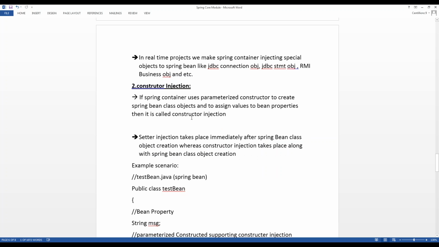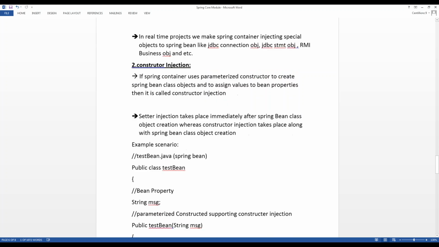Already I said in a single point, constructor injection is an injection which uses the parameterized constructor. It is easy for accessing different properties or values inside the class, or to pass information from the base class to the subclass.